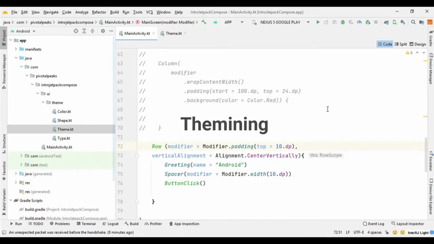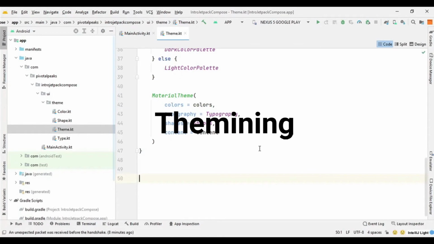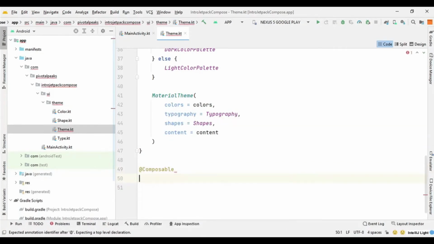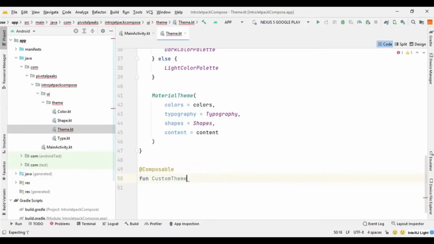So to create a custom theme, we need to go to this theme file, and here we need to create a function for custom theme. It's going to be a composable function. So let's say add composable function custom theme, and this custom theme accepts other composables as a content.